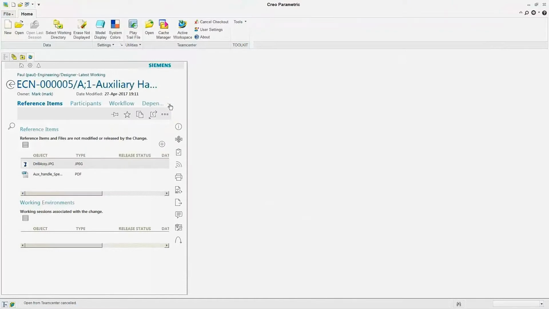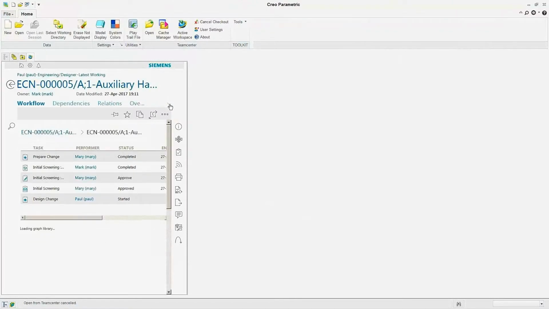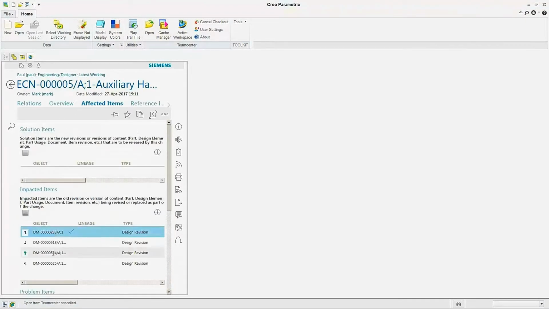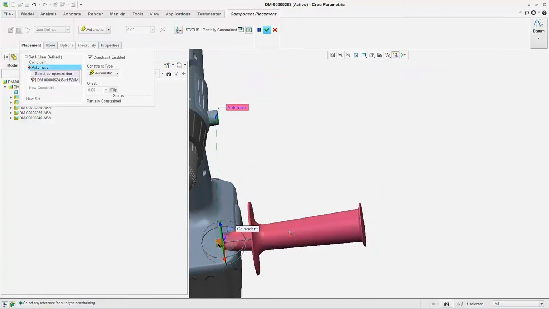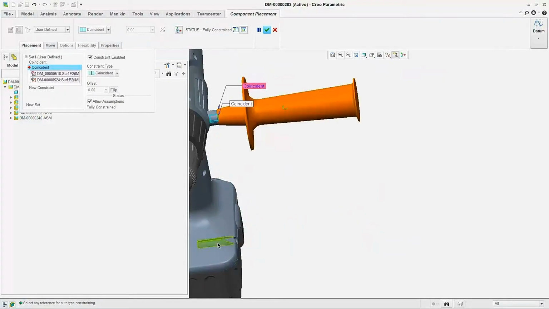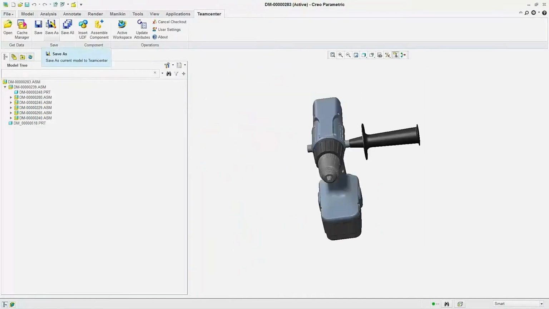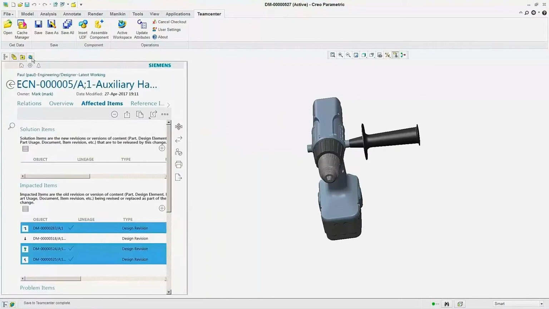So again, keep closing that loop of communication with everybody in the organization, whether you work in your CAD product or not. And then he can go in and search the database for the particular components that pertain to this change and actually load it up in Creo. So in this case, we're replacing the handle and placing the handle in the assembly. We found the actual Creo part, attached it to the actual assembly,